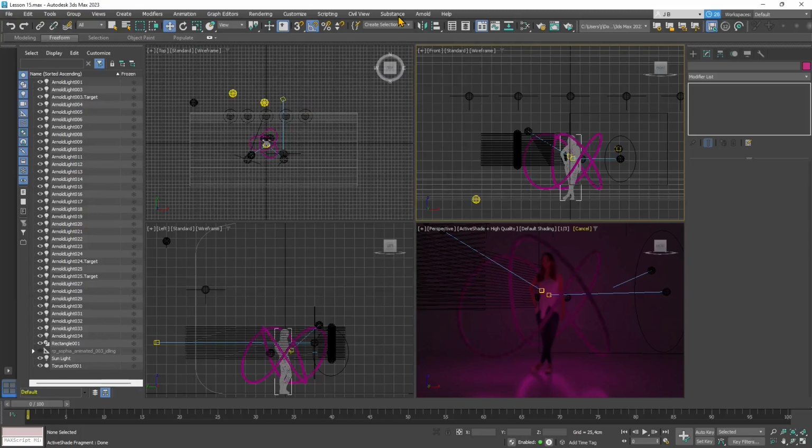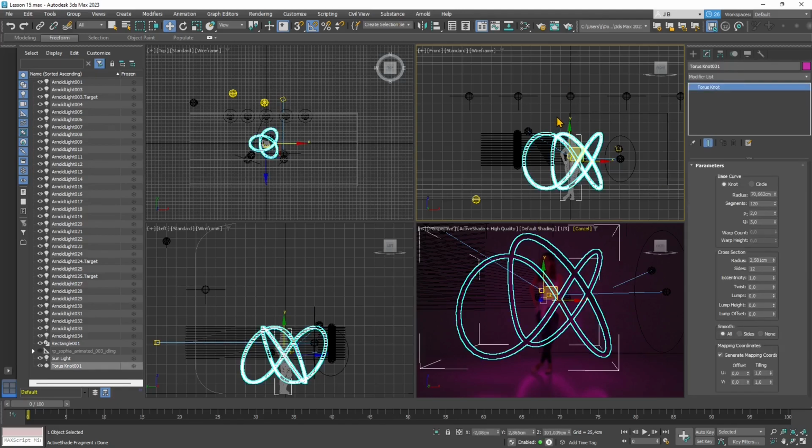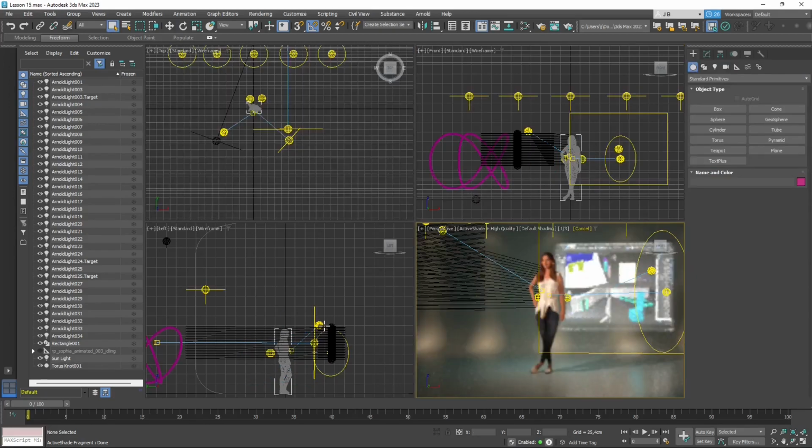In this video, we're going to talk about materials in 3ds Studio Max. Now, in the previous lesson, we talked about lights and how you can create the different types of lights in 3ds Max, using Arnold renderer, which is the default renderer at the moment in 3ds Max. And we also created what is called a mesh light, which is a light that is going to take the shape of an object. So whatever object we select, that's going to become